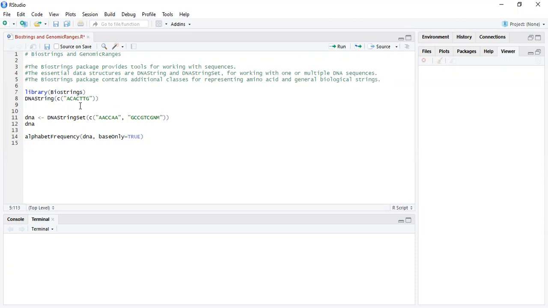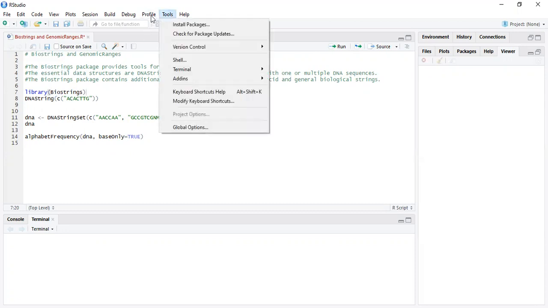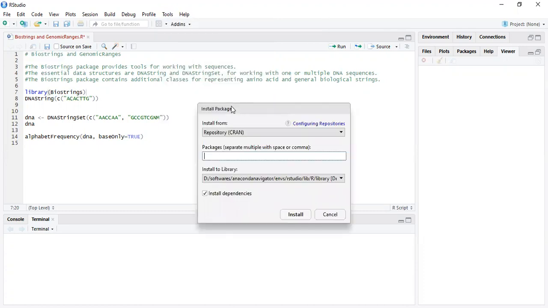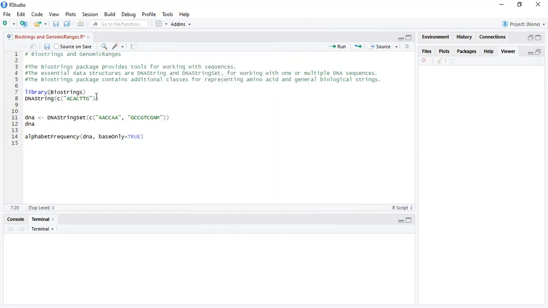But now we are going to see how to install Biostrings in RStudio, and give one example for DNA, and run it to see whether we get the output using the Biostrings library in RStudio. So first we are installing the library called Biostrings. You can also go from here and install via this, or else you can simply run this command, that is library(Biostrings).